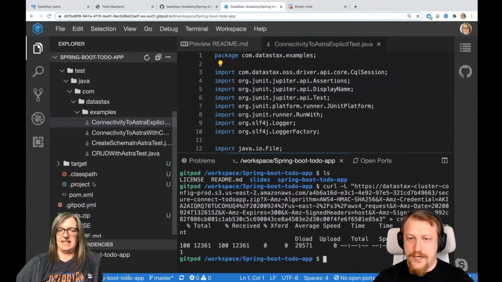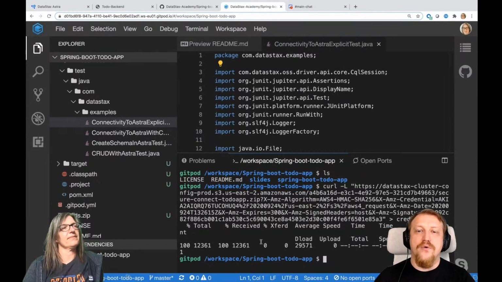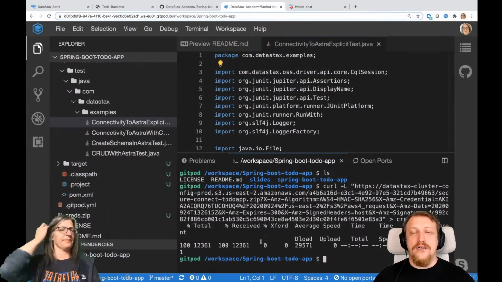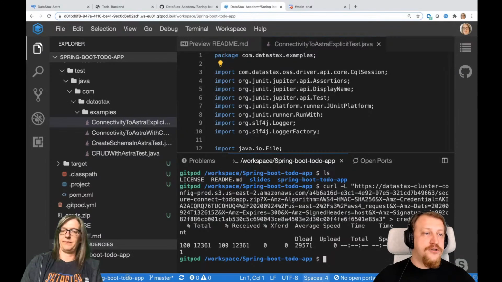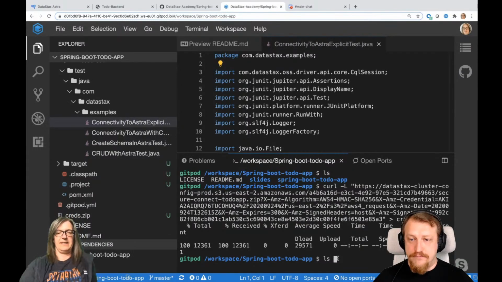There are two more questions I would like to answer. First one, what does this curl command do? The answer is very simple. To connect your application with Astra, we need not only a username, password and URL, but also a special credentials file. With this curl command, you download these special credential files to your integrated development environment in Gitpod. So it's just to establish connection with Cassandra.